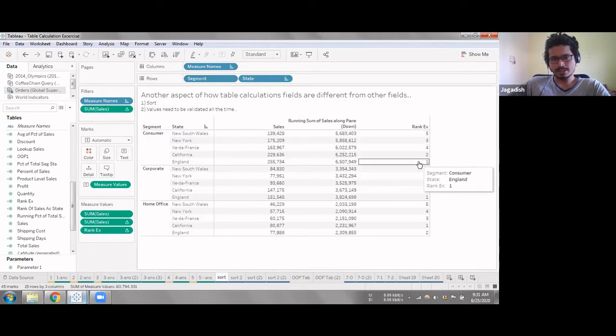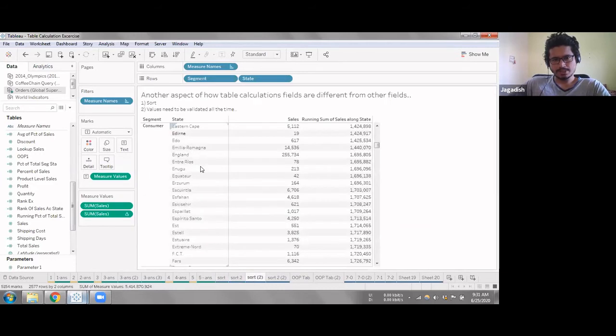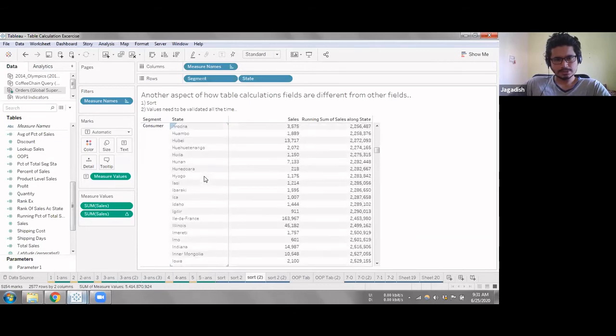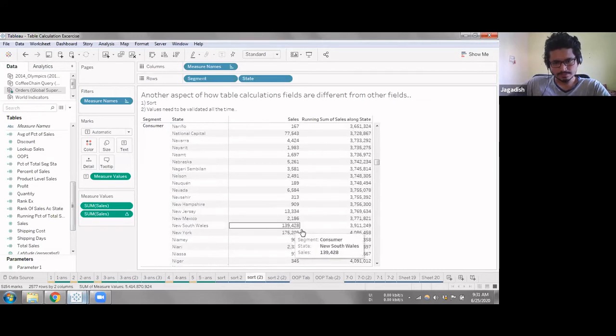Now, why is this particular value coming? Let me check New South Wales consumer without the filter. So this is the table where I have no filter. New South Wales.